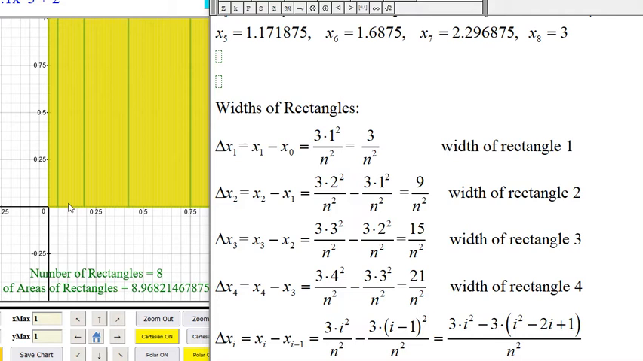And the width of the second rectangle will be x sub 2 minus x sub 1. x sub 2 is 3 times 2 squared divided by n squared, and x sub 1 is 3 times 1 squared divided by n squared. And this comes out to be 9 over n squared. And the width of the third rectangle will be x sub 3 minus x sub 2, and that comes out to be 15 over n squared. And then the fourth rectangle will be x sub 4 minus x sub 3, and that comes out to be 21 over n squared. And again, if n is 8, meaning 8 rectangles, then this will be 9 over 64, 15 over 64, and 21 over 64. But we want a general formula with n, and so